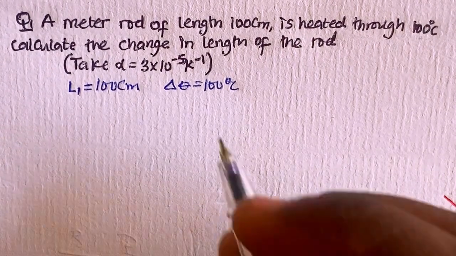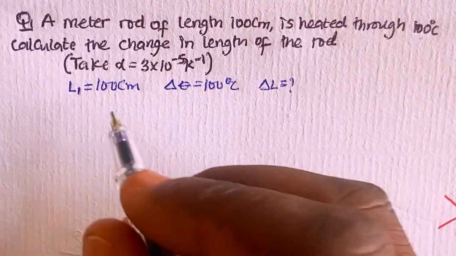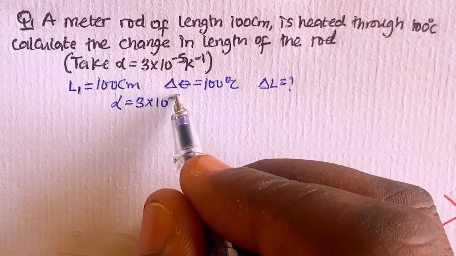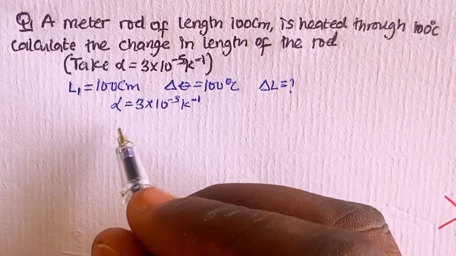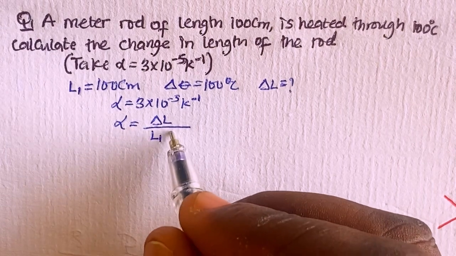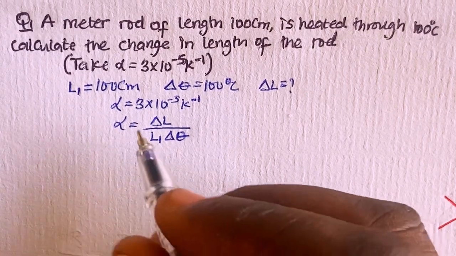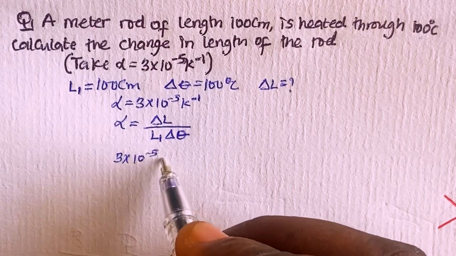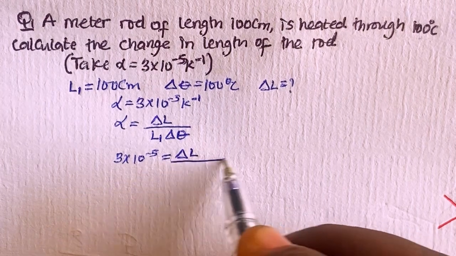So, to calculate the change in length, which is delta L, given that our linear expansivity alpha is taken to be 3 times 10 raised to the power minus 5 per Kelvin, we have alpha equals delta L divided by the original length, multiplied by the change in temperature, delta theta. So here alpha, 3 times 10 raised to the power minus 5, equals delta L, the change in length, which is what I'm asked to calculate, divided by